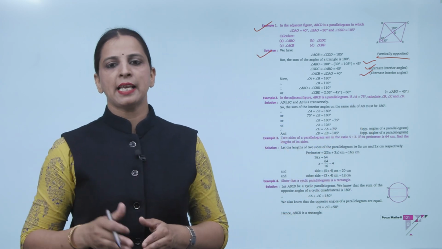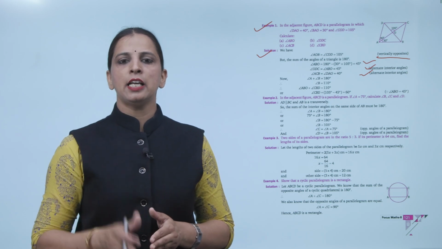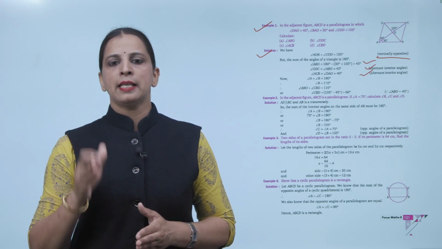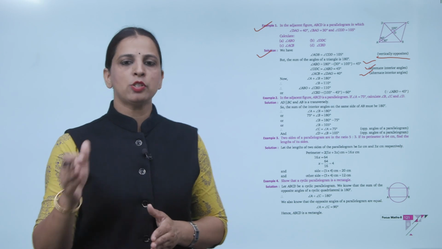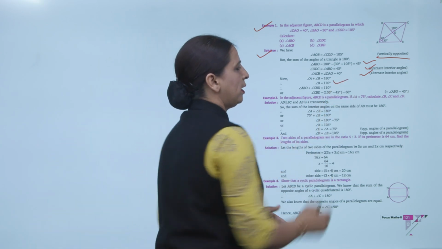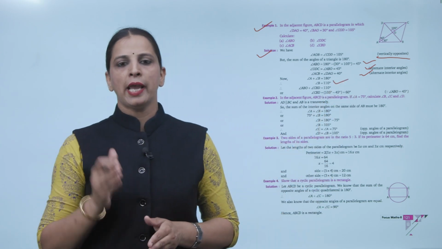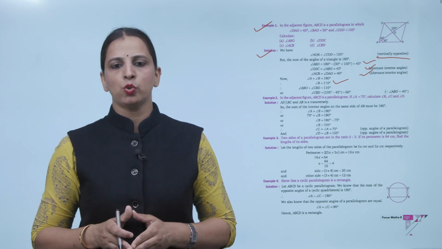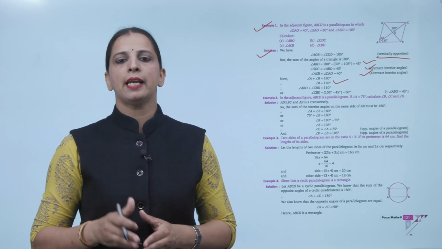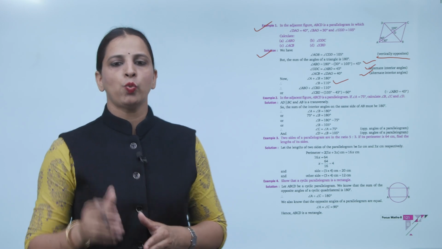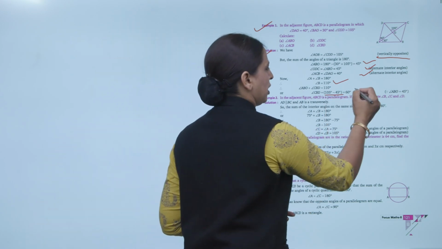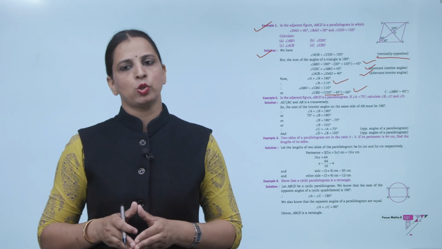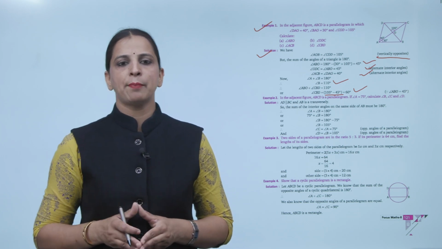Now, angle A plus angle B is equal to 180 degrees, angle B is equal to 180 degrees minus A. कितना है? 70 degrees, that is B is equal to कितना आ गया हमारा? 110 degrees. Now, angle ABO plus angle CBD is equal to 110 degrees, or angle CBD is equal to 105 degrees minus 45 degrees is equal to 60 degrees, because angle ABO is equal to 45 degrees. Now, example 2.